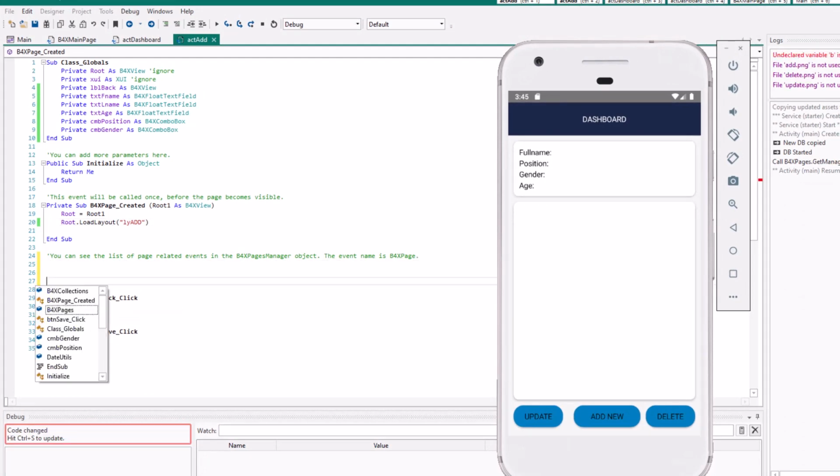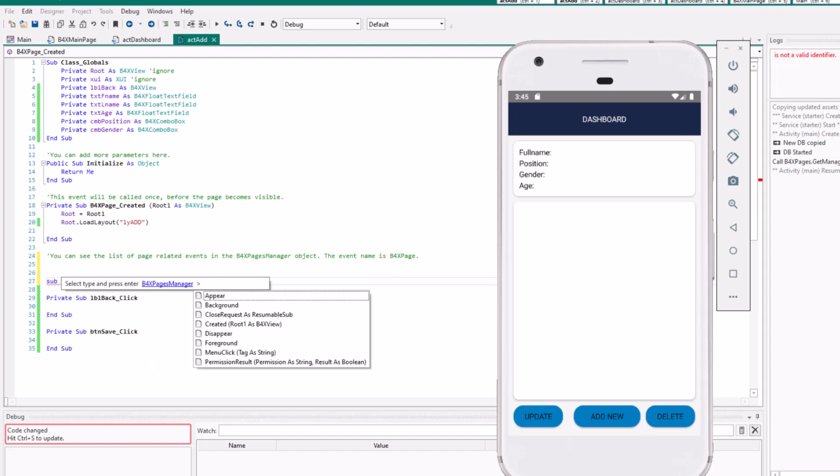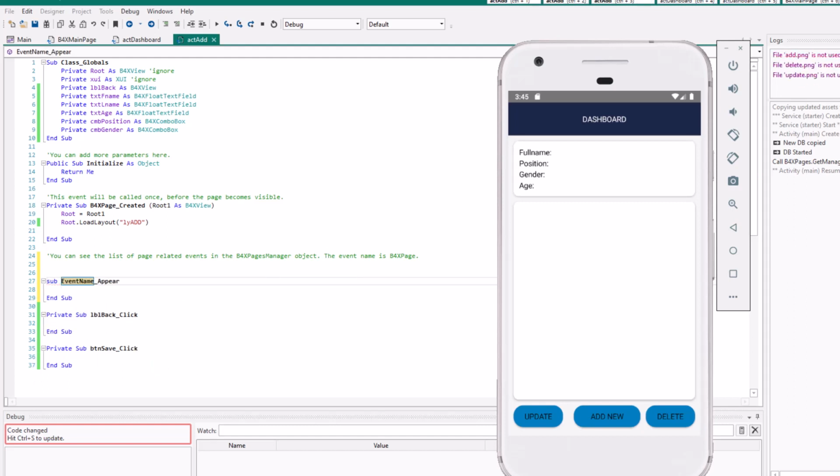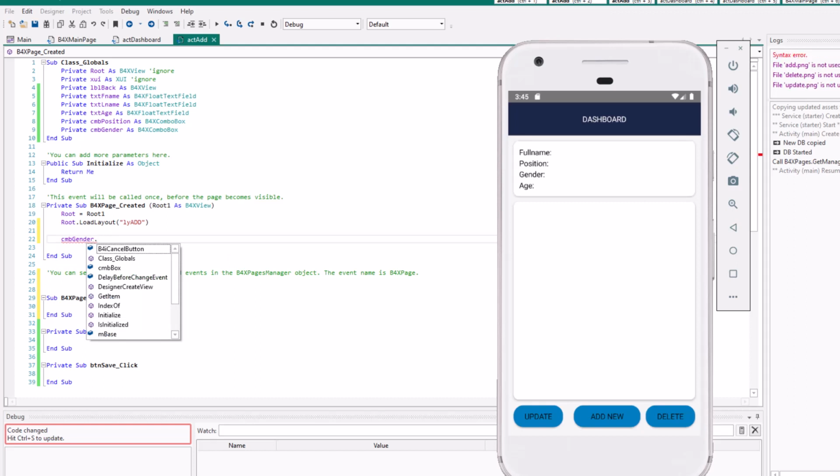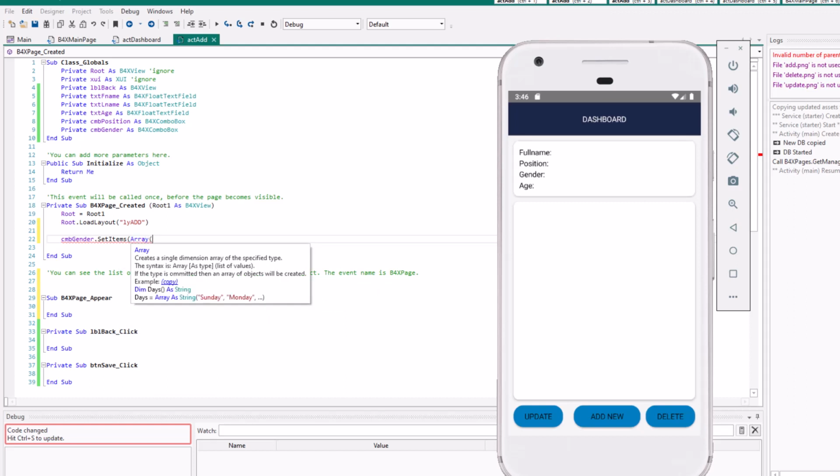B4XPages manager, when created page, let's add CMB gender dot set items, with the set items text list. Okay, so let's see, male, female.